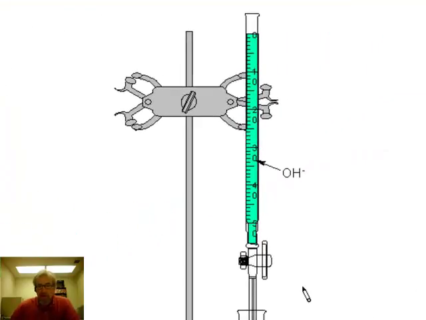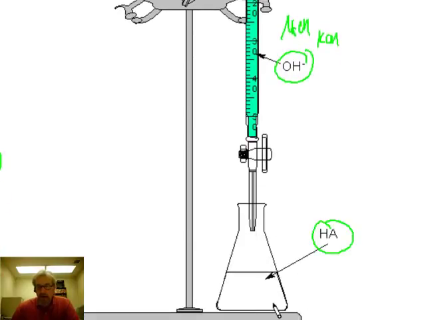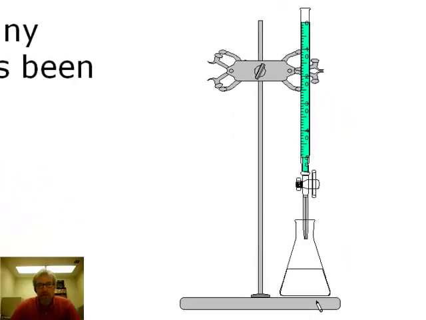So in this titration, we've got hydroxide ion as part of some base like NaOH maybe, or KOH in the burette, and here we've got the acid in the flask, whatever that acid is. The reaction that we're going to look at in particular here is going to be a strong acid versus strong base titration. And we can divide a titration like this into three distinct phases where you have different types of